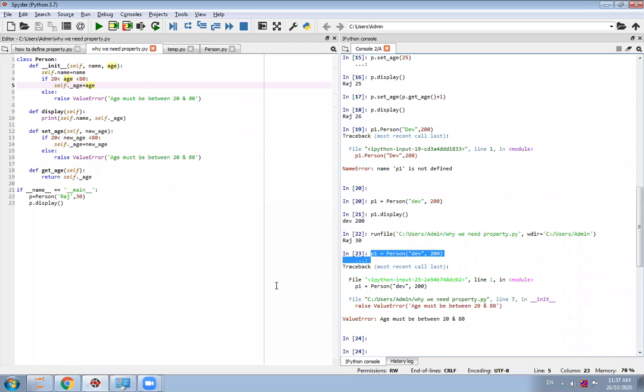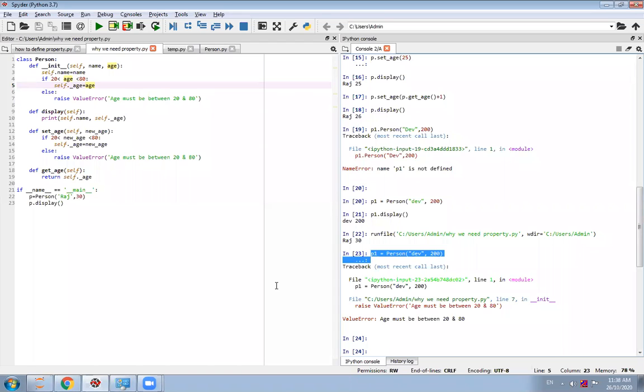So you might be thinking, now this code is working fine, so what exactly is the use of property? This code works, but it is not the Pythonic way. For example, this is our main class, and there are a number of clients who are accessing this class.